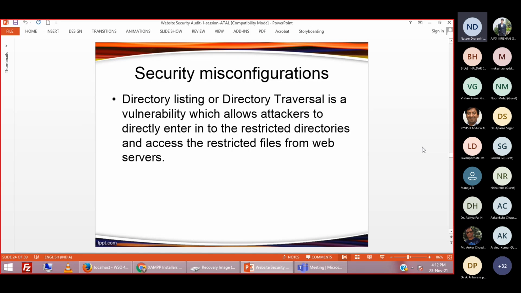They may miss some security configuration in the server and launch the website without taking care of the security features properly. In that case, this type of problem may arise.